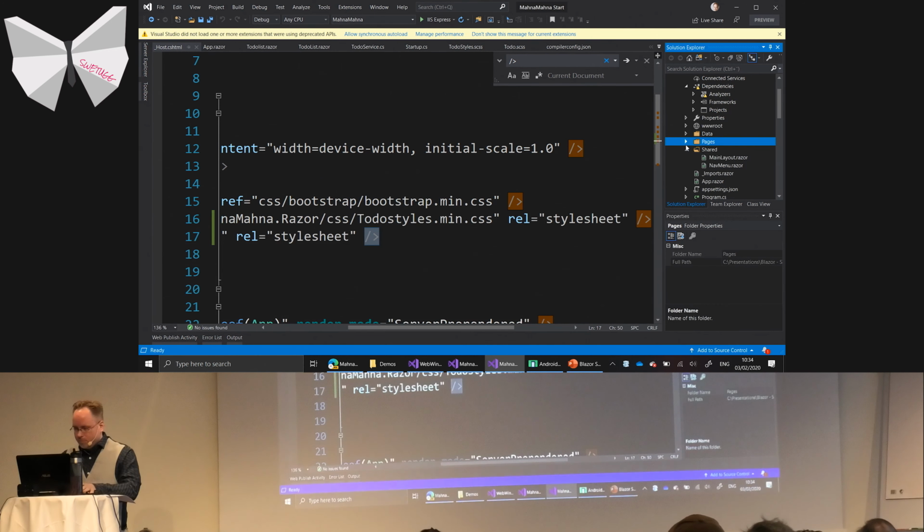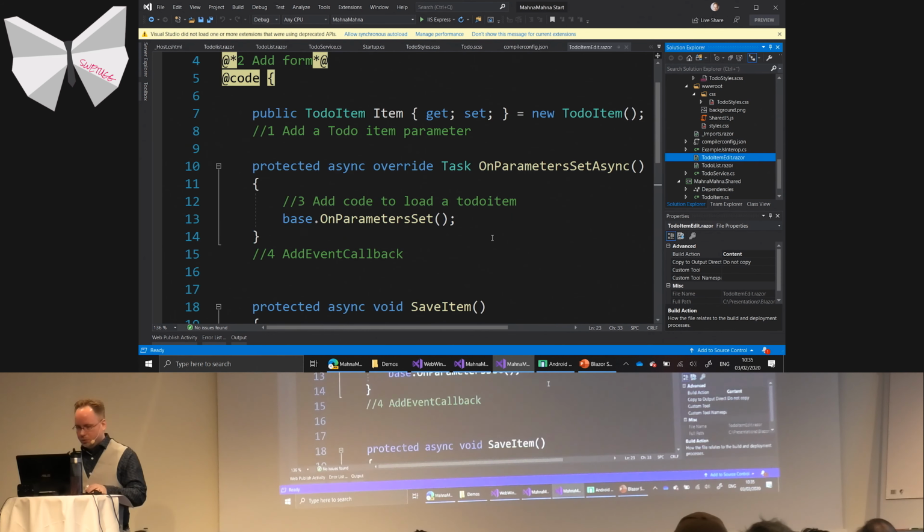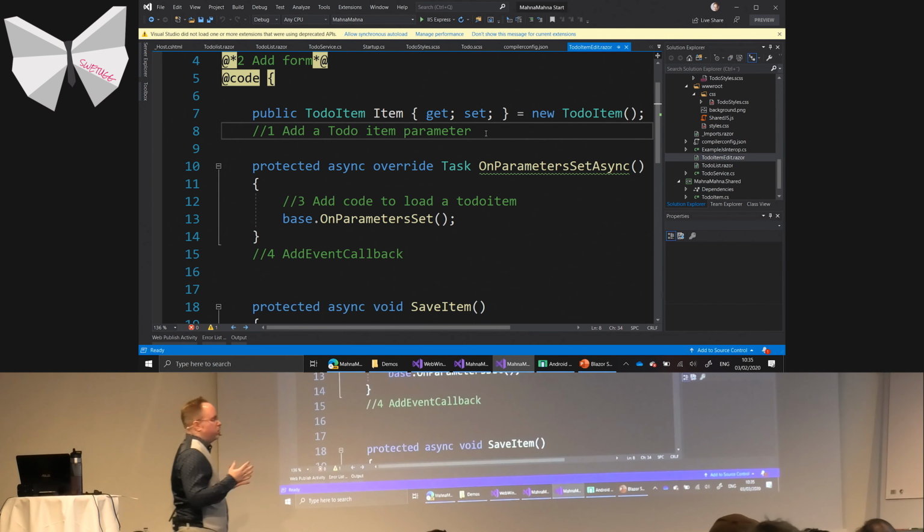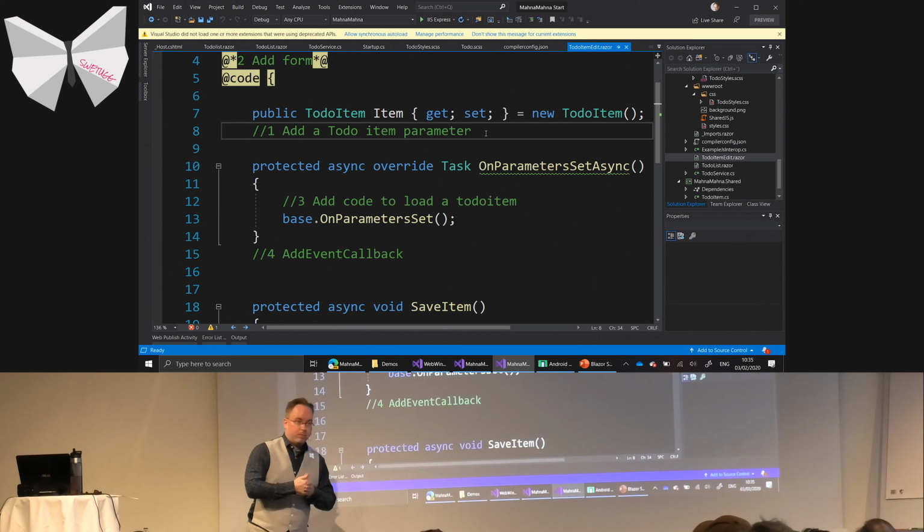But in reality, we usually add things to our to-do lists, right? Rather than check them off, to be honest. So we need something to add a to-do item as well. And I prepared one of those, our to-do item edit. I want this component to be able to edit an item, and I want it to be able to create